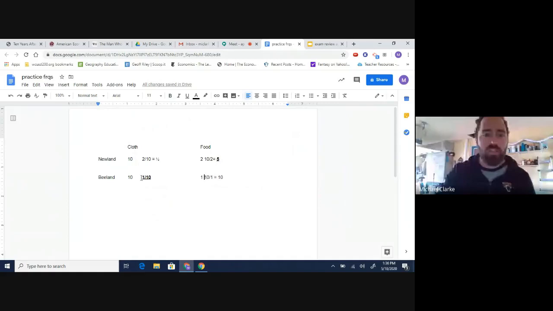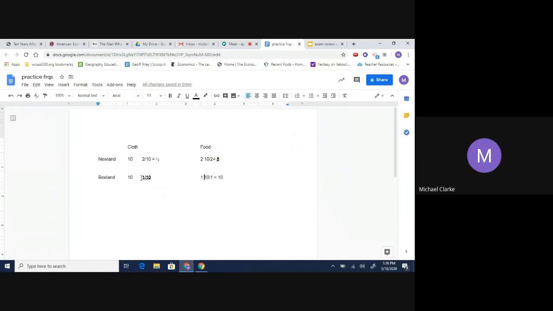Again, it's easy to get confused here. Follow the steps. Do the math correctly. Item in question becomes the numerator. I'm sorry, the denominator. Oh boy, I'm screwing you guys up. Item in question becomes the denominator. It's an output question. Compare each of your categories. Compare your opportunity cost for each of your categories, and then circle the lower number. You do that correctly, you follow those steps correctly, it's going to take you to the answer.